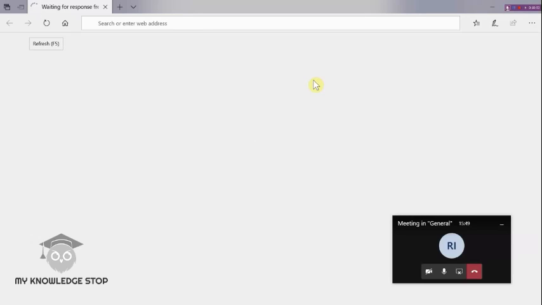When you go for Meeting options, it opens in the browser. This is very important for us now because we are conducting an exam. So for conducting an exam, we have to check this setting. We are going to log into Teams. Mine is already logged in, so I don't need to put my password and username.